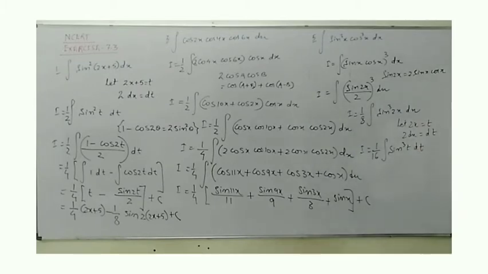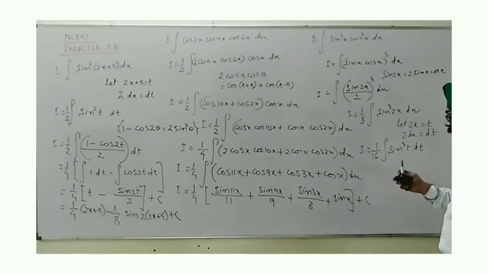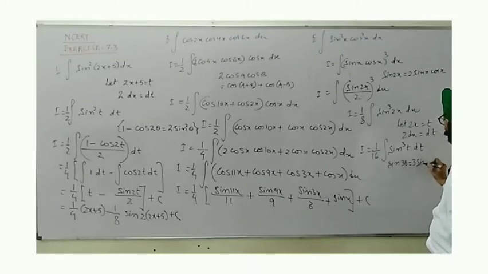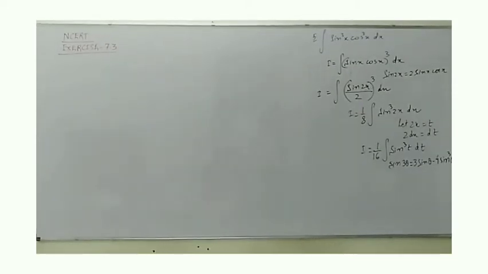Whenever we get exponent 3 of sine function or cos, then we use the identity of sin 3 theta and cos 3 theta. As we know that sin 3 theta is equal to 3 sin theta minus 4 sin cube theta. We'll apply this identity on the function. Let's see. We see that this term is of sin cube theta. By comparison, it's sin cube t.